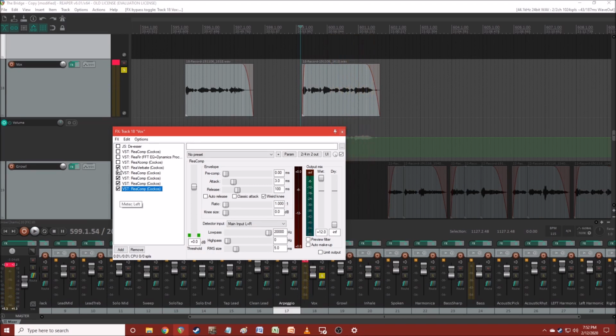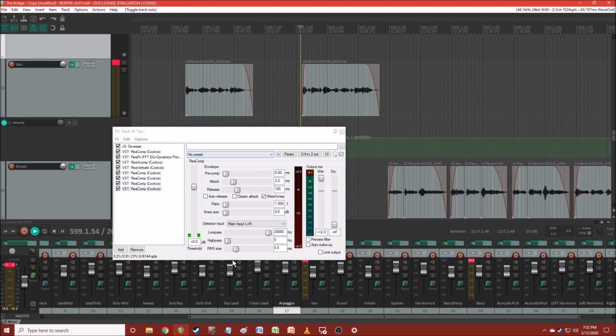And when I throw on my entire effects chain, it's much better. Still sounds kind of weird, but when we play it all together,